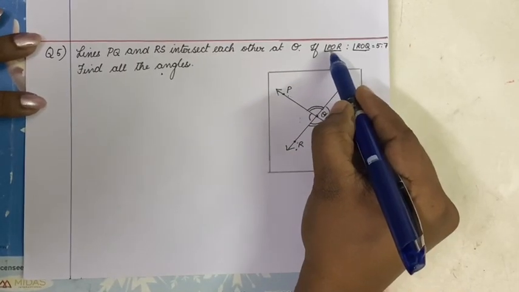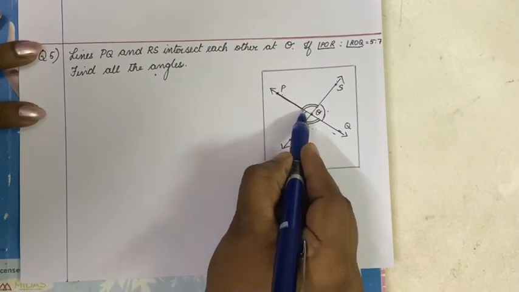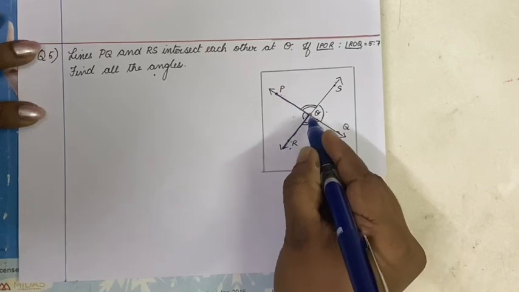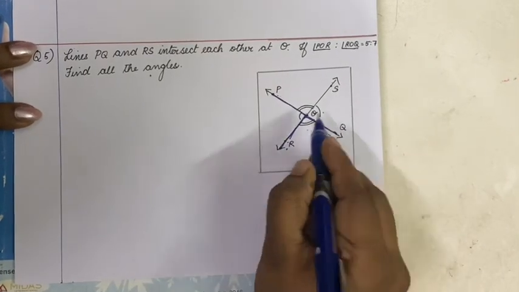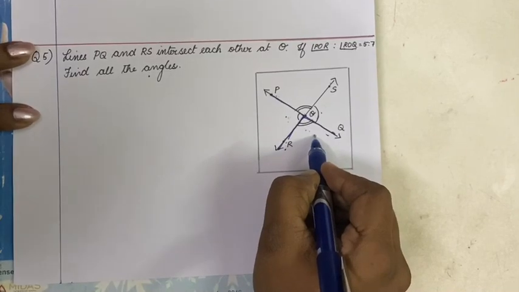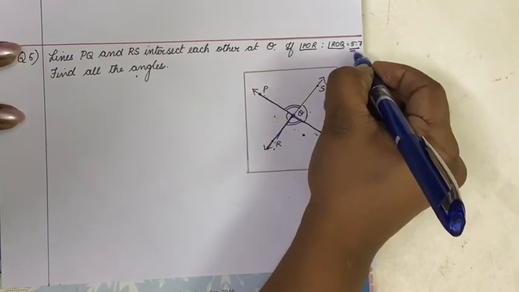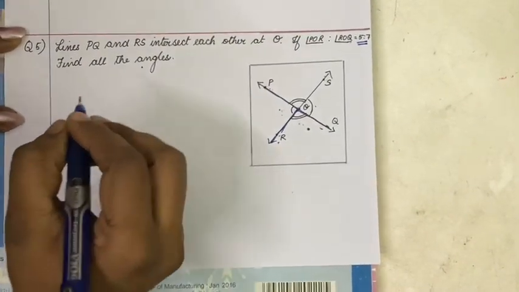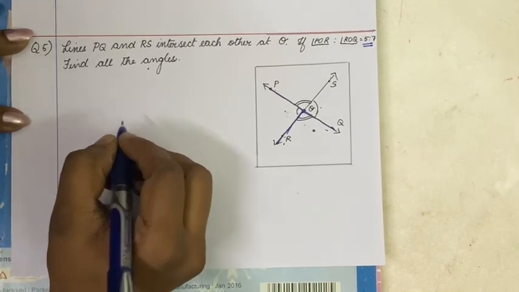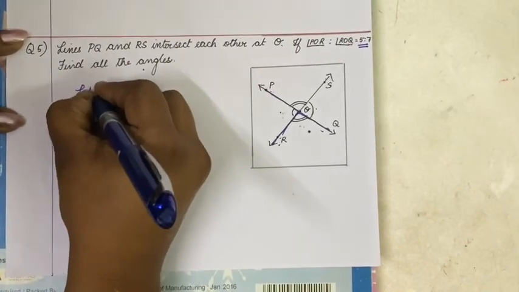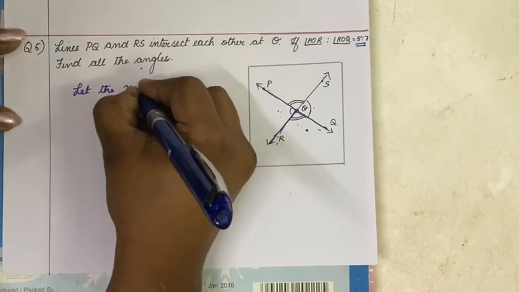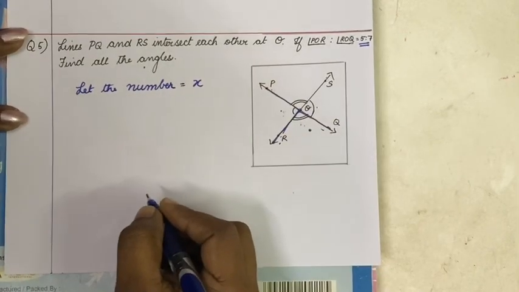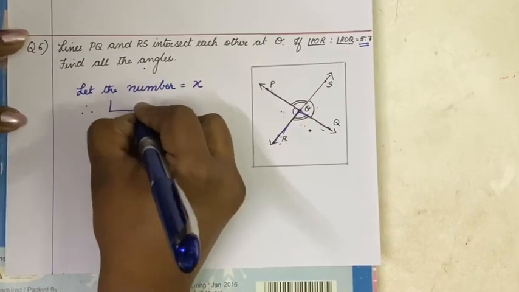And they have given POR. Which is angle POR? This is angle POR. And what is the next angle? ROQ. This is ROQ. So, for these two angles, they have not given the exact measure, but they have given the clue in ratio form. Ratio form means, as I have told you in the previous video, if a ratio is given as a clue, then there is a missing multiple. So, let the missing number, it is not the angle, but that missing number, we will keep as x. Therefore, what can you say about angle POR?